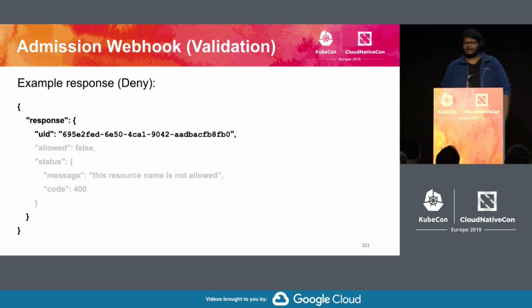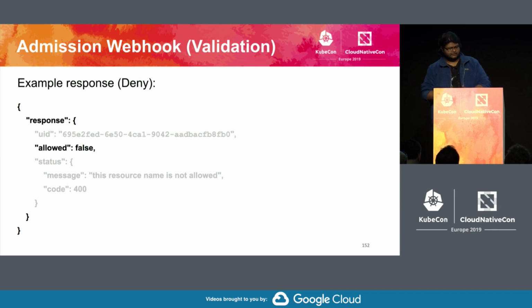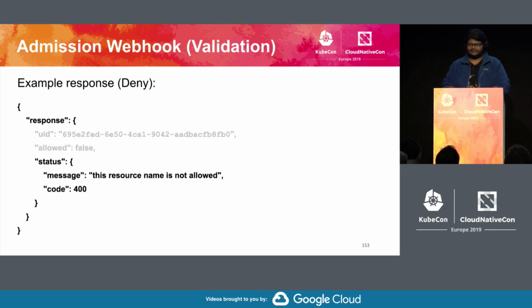But if it is a deny, if you don't want to allow this request to be accepted, then you can send the response with this UID. You set the allowed field to false, and then in the status field, you can set a custom error code, for example this time I'm sending 400, and a custom message why this request will not be accepted, right? So that your user gets nice feedback that this pod request is being denied, with proper error code